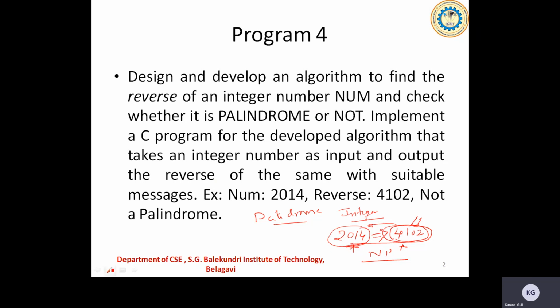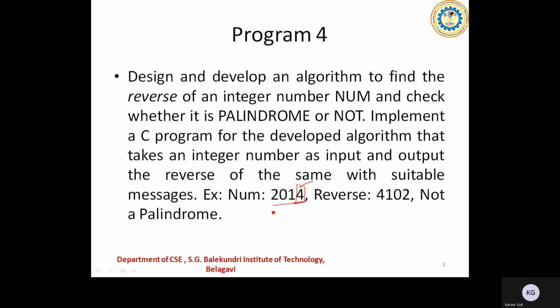Okay, so this is the base behind that. So in this case, how do we do this? It's again a very simple concept. Whenever a number is given to us, if I take the same number here, you go on taking the last digit, that is the unit place digit, and go on shifting it towards the left side. First I'll be taking this 4 out and multiplying it by 10 so that its value can be shifted towards the left side. Then how do I do that? Using the modulus function, because it helps me pick the remainder.